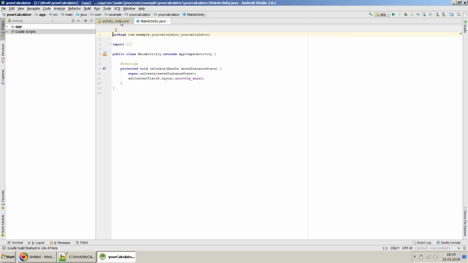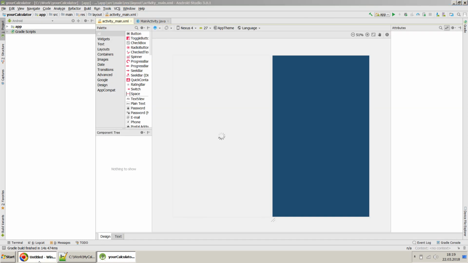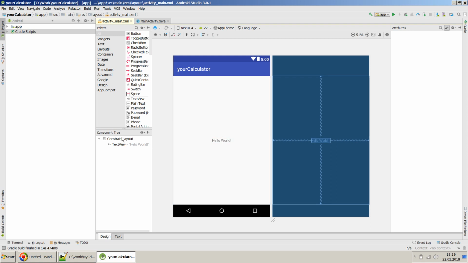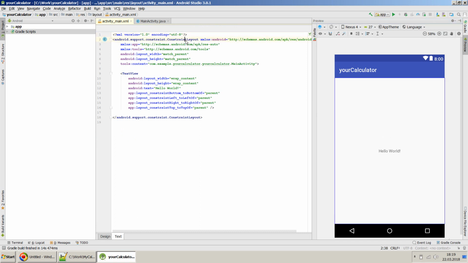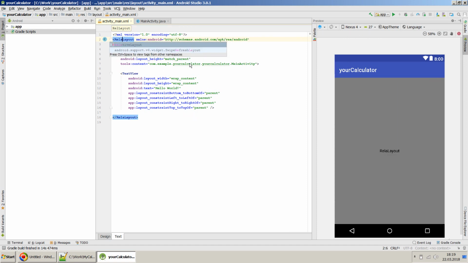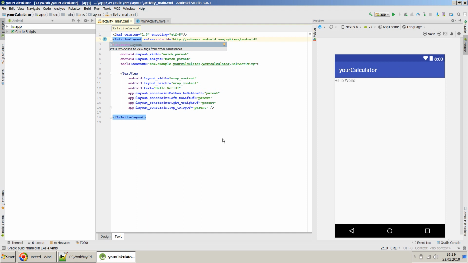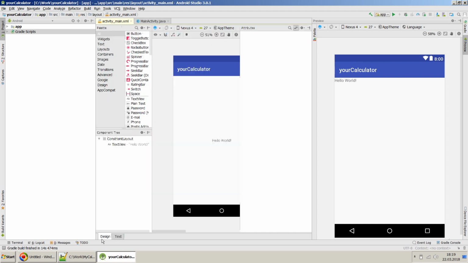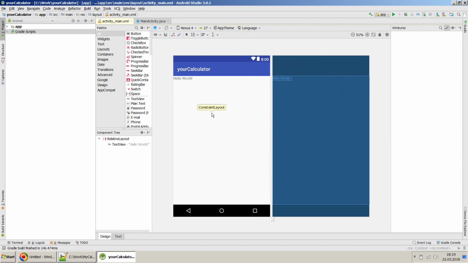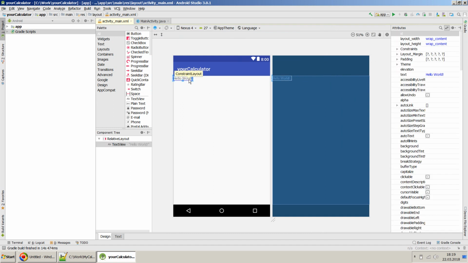So first I go to my XML view and start designing the layout. By default it gives constraint layout, but for some reasons I prefer to go with relative layout. It gives me more flexibility. Most of the stuff I will do directly in the design view and not in the text view. After changing to relative layout, the default text view comes on the top corner,